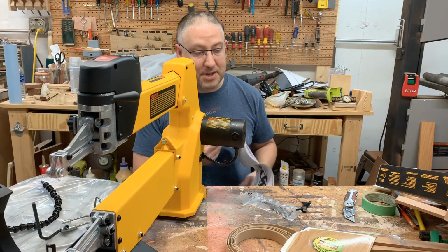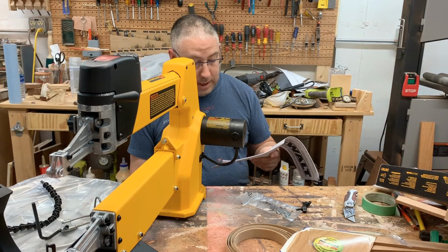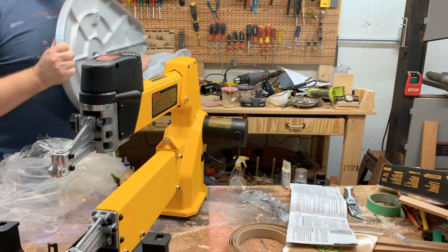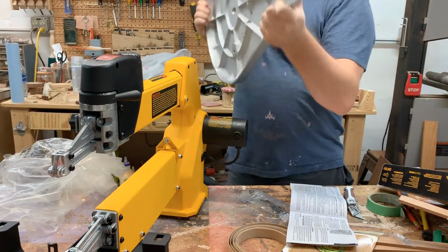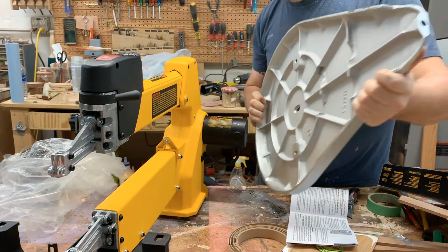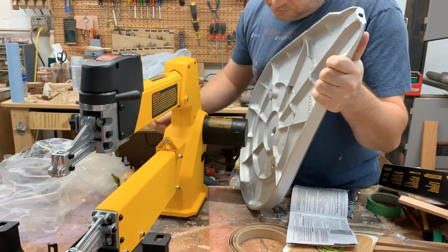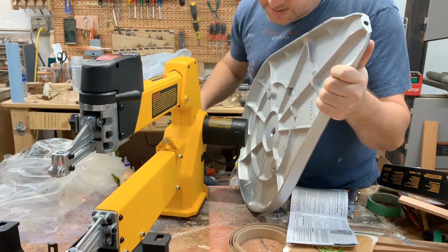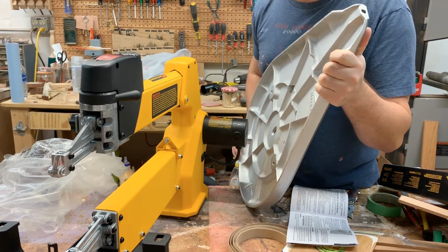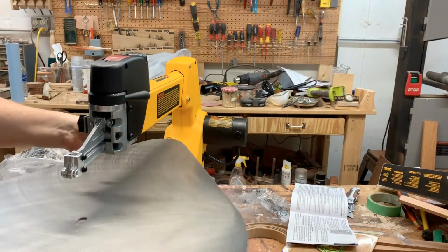So it does say that everything comes assembled with the exception of the table and the blade. For the purposes of demonstration, there is a hole here in the back of the table, as you can see. And there is a peg or a pin right there. It's got a little bit of a gasket on it, so I'm guessing it's going to kind of snap on and sit tight. So to do this,